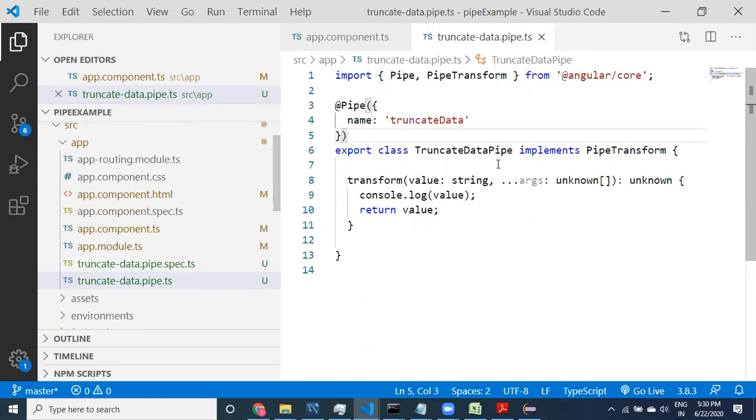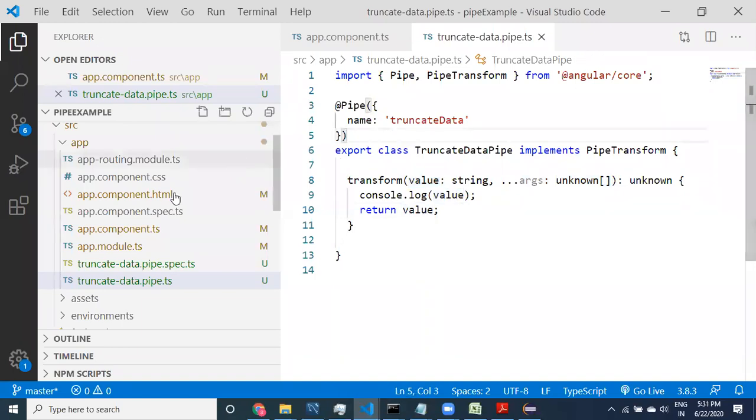Okay, let it be. So now this is a pipe so that you can use this pipe. What this pipe is going to do is nothing. How to use that pipe? This is the name. This is the class name. And how can I use this pipe in the HTML? If I go to HTML, I can use the pipe symbol, and then I have to use this name. Along with this name, you can provide extra arguments. Those arguments are going to come to here.